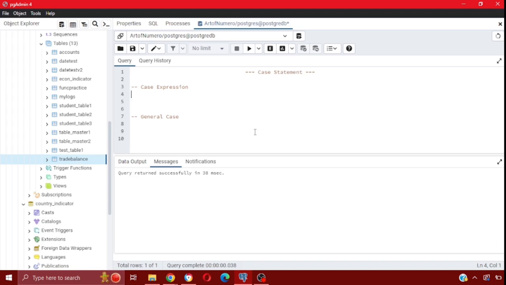Just remember that there are two ways that we can use case expressions or case statements, whatever you want to call it. The first one is the case expression, and the next one is going to be the general case. They're different. They both achieve the same goal as far as conditions are concerned, but they have slightly different ways of handling conditions, and they also have different levels